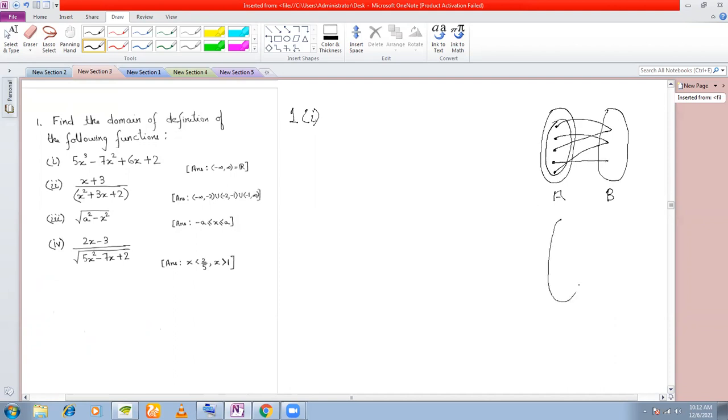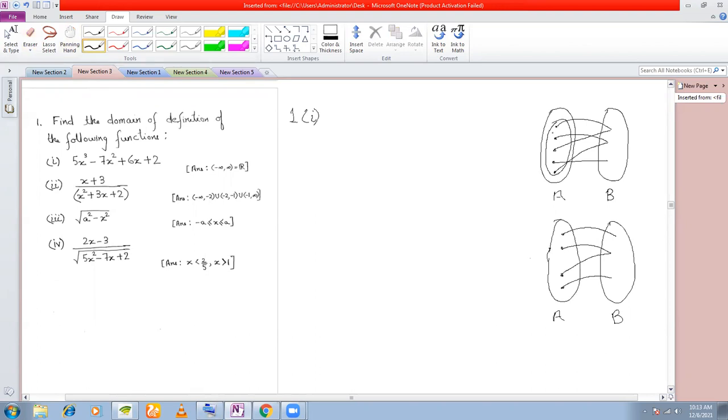But in case you have two sets where this kind of thing happens, can you call it a function? Is this a function? No, sir. It is not a function, right? Why? Because one element does not have an image, right? This particular element does not have an image. But what if we remove this element from this set? Then will this become a function? Yes, sir. If we remove this element, then this will become a function.